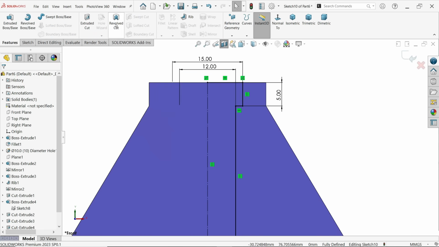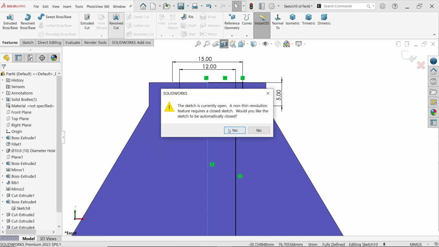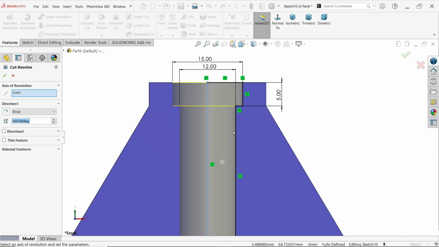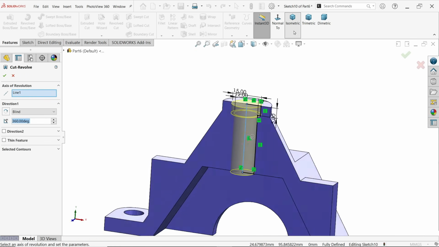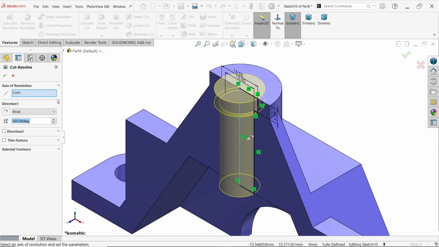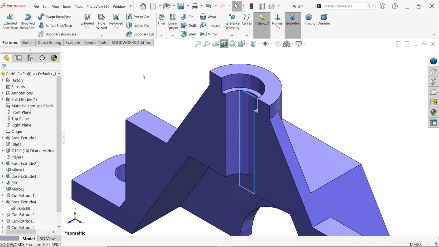OK. Now activate revolve cut. Now see this, due to this construction line, our profile is open, so it is asking you, would you like the sketch to be automatically closed? Say yes. Look, axis of revolution selected, direction keep blind, and I want to cut 360 degrees, so you have to apply here. Simply say OK, and look,